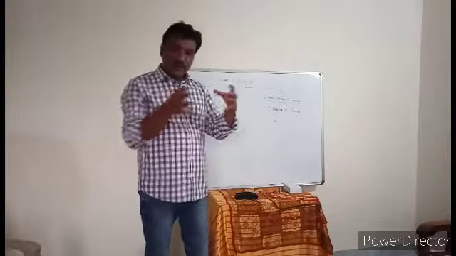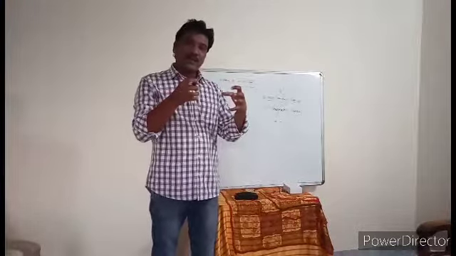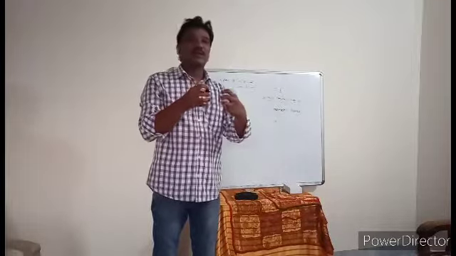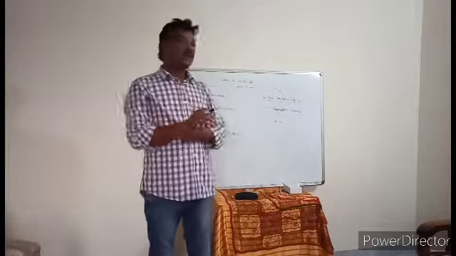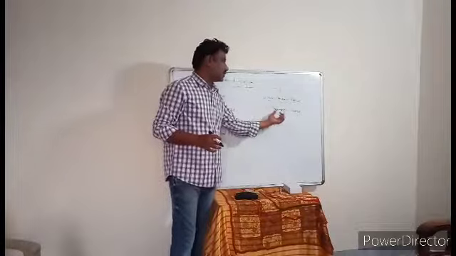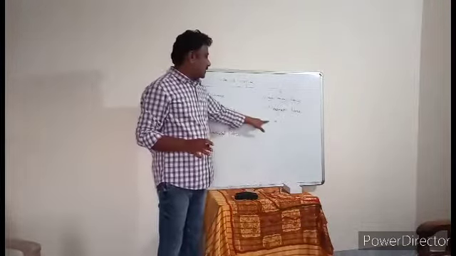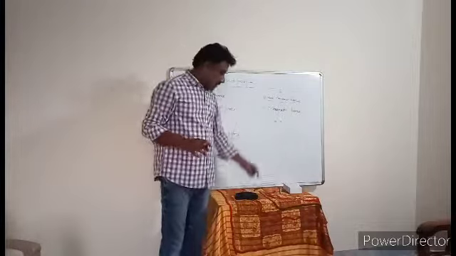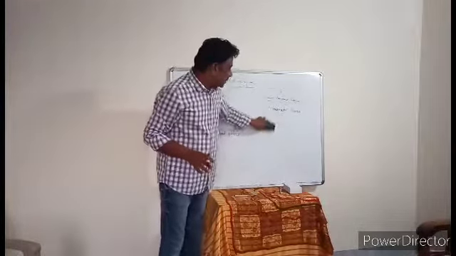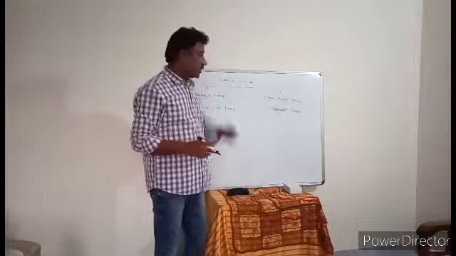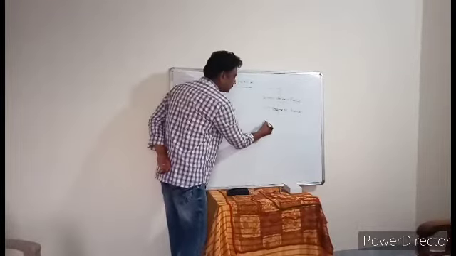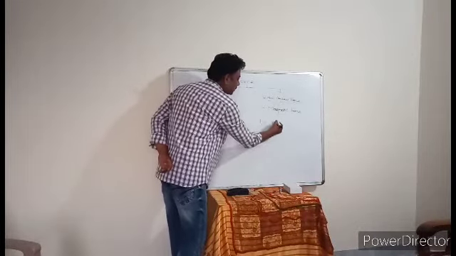Here, without any physical contact, one object is applying force on another object. Such type of force is called magnetic force, a non-contact force. If we discuss magnets, we know very well that magnets consist of two poles. What are those? North pole and south pole.